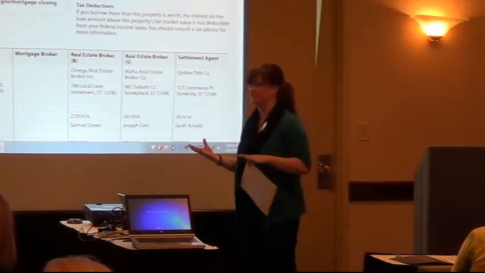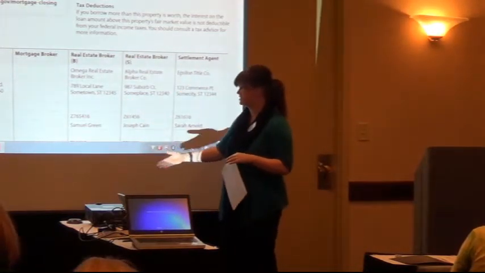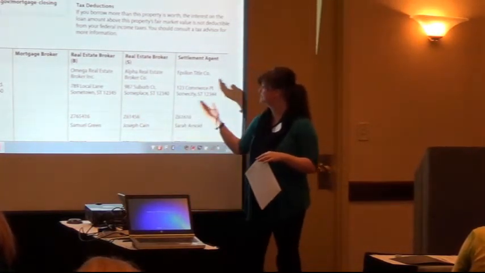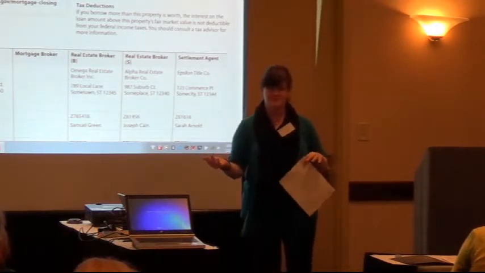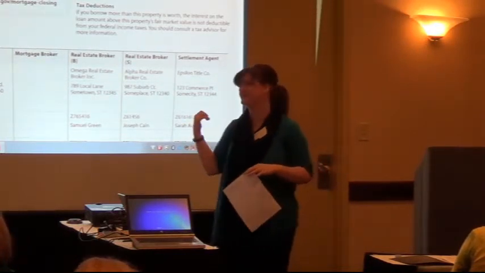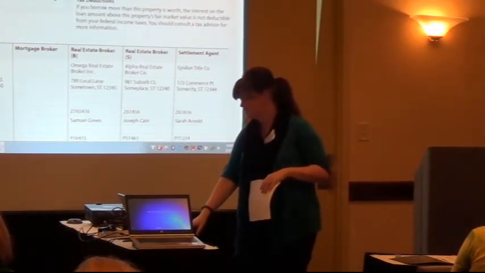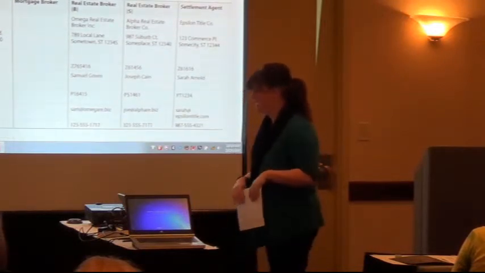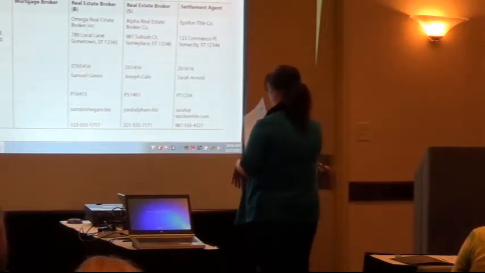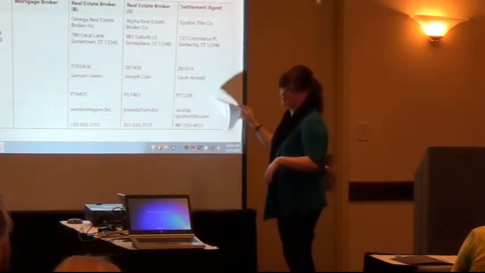it could be helpful to have all this information right here. If someone has a question for the lender, your information's right there. If someone has a question for the real estate agent, it's right there. If they have one for the settlement agent, it's right there. They're obviously going to call you most likely, the person they feel most comfortable with, just like they do now, but at least all their contact information is right there. It's not just their contact information, it's state license IDs, MLS IDs, so on and so forth. This can go one more column. If there's like 3 real estate workers like they have out west, you can add an additional column.